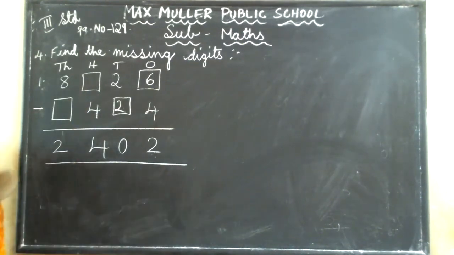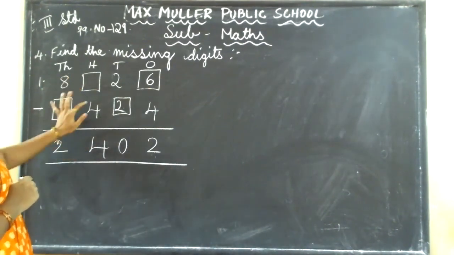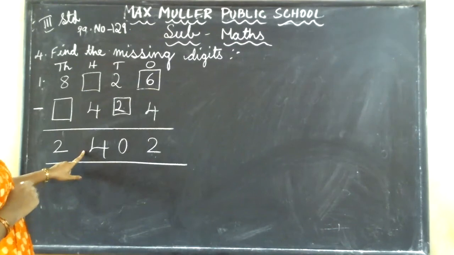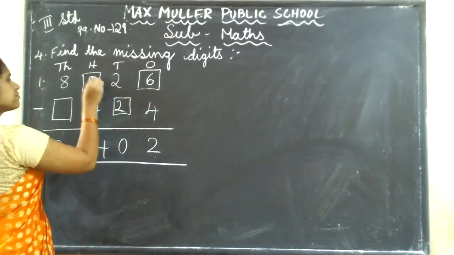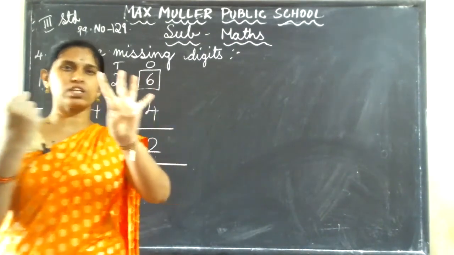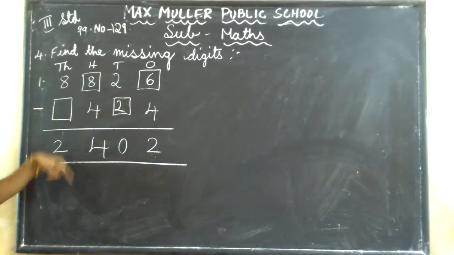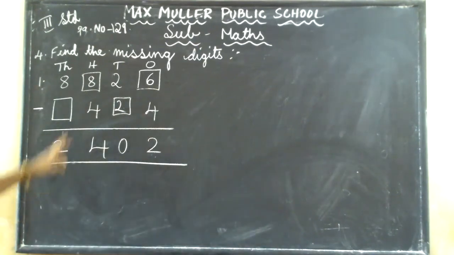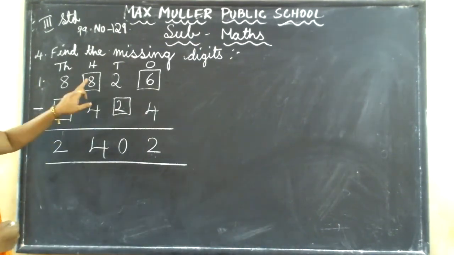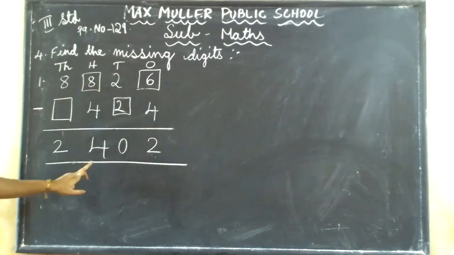The answer you have got is 4. Yes or no? To find that one, you have to add this 2. 4 plus 4 is how much? 8. So write down 8. 8 minus 4. From 8, if you minus 4, how much will you get? Answer 4. After writing the answer, you have to check whether the problem you have done is correct or not. I have added this 2 and I have written 8. From 8, if I minus 4, how much will you get? 4 is the answer. Understood all of you?